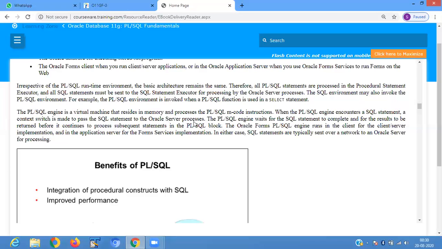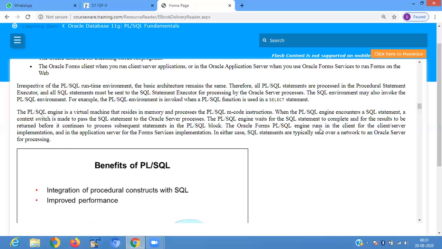Then the context switch is made. It divides that part and sends the SQL statement to the Oracle server process. The PLSQL engine waits for the SQL statement to complete and for the result to be returned before it continues to process the subsequent statements in the PLSQL block.